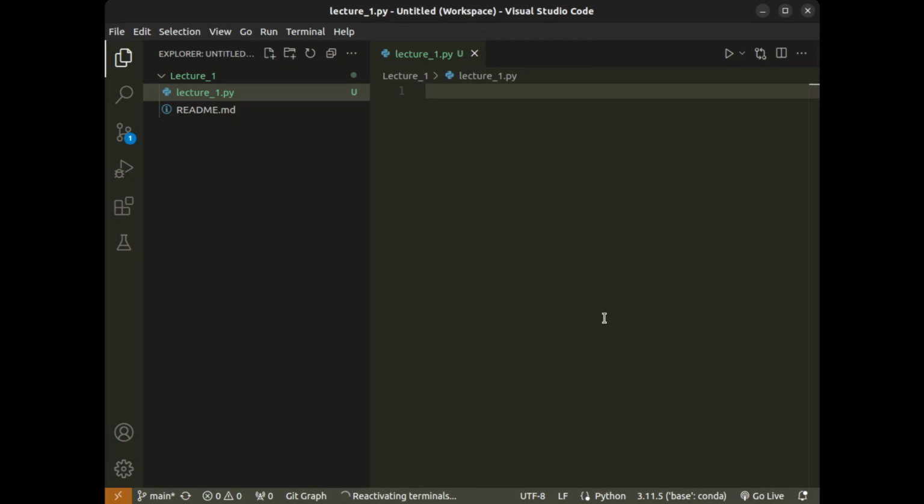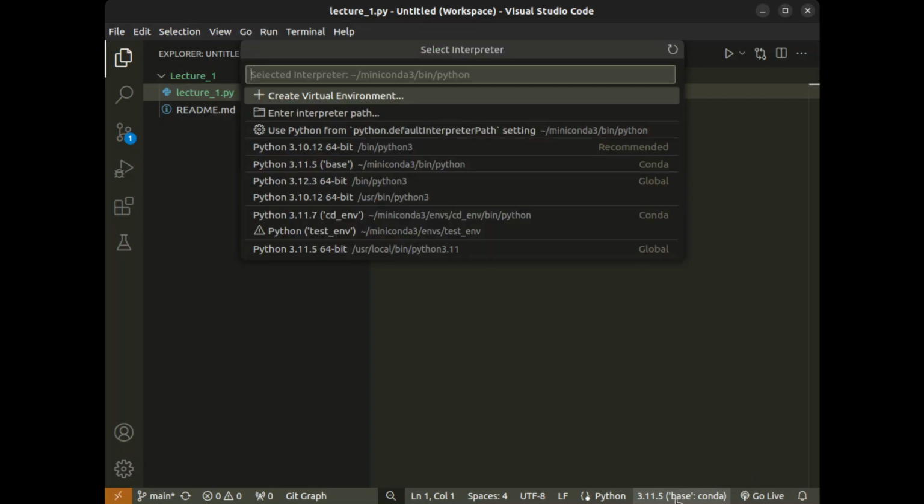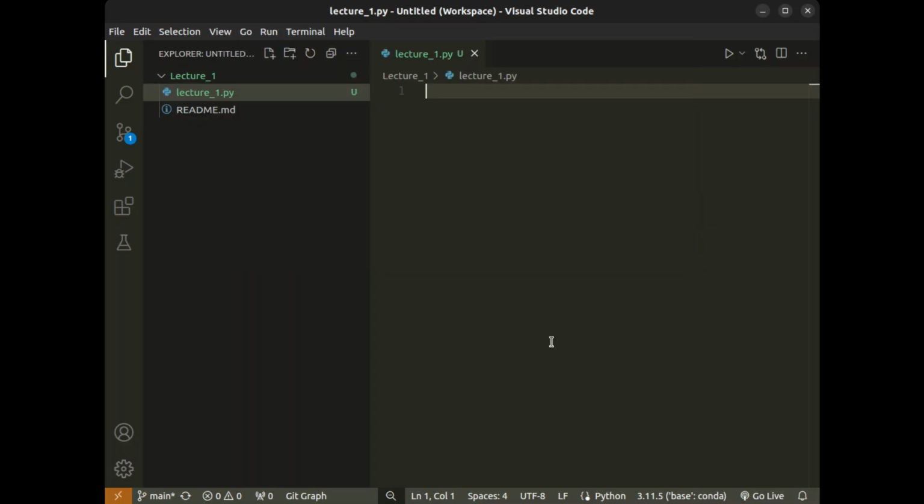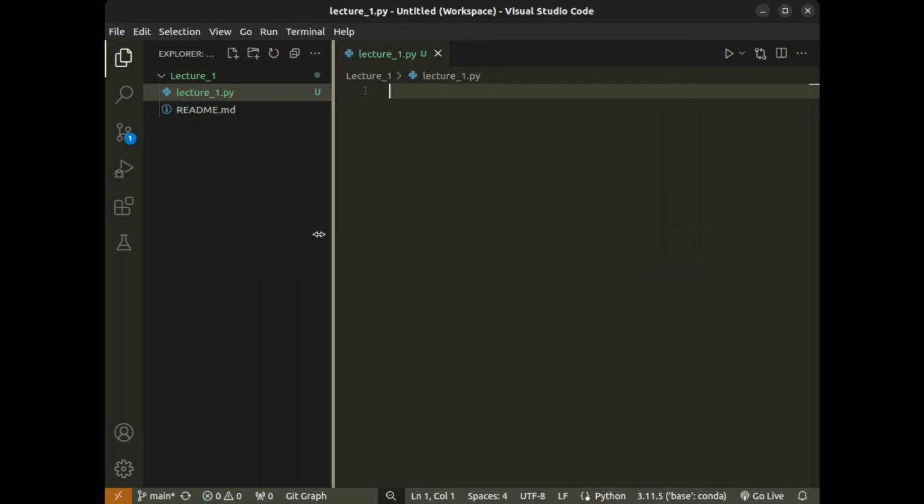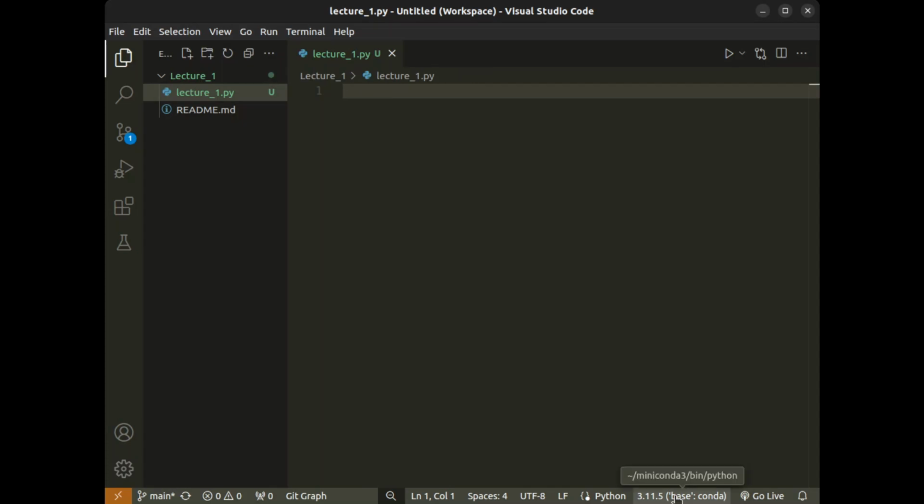At this point, depending on if you define some Python environment, your Python version might be different, your environment name might be different. Mine is base here. If you click on that, you will see on your computer the list of all the environments defined, what Python version is used for that environment, and so on. I'm going to keep it simple for now and not define an environment for this lecture. We'll stick to my base environment. Alright, so